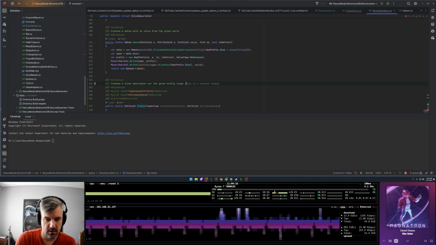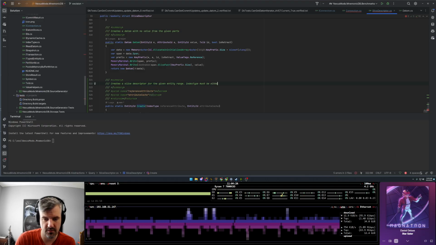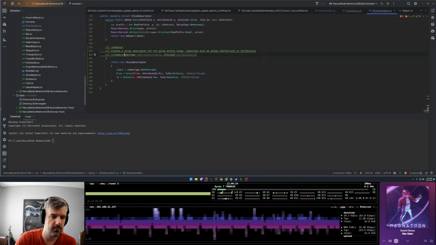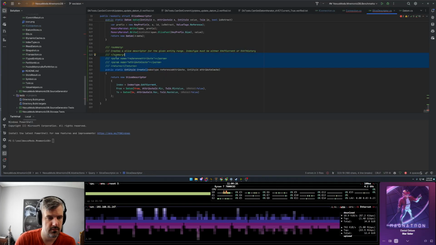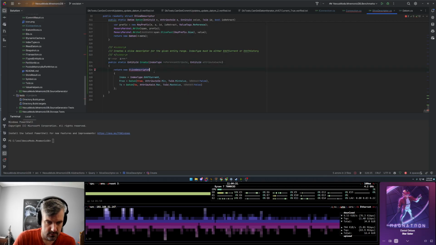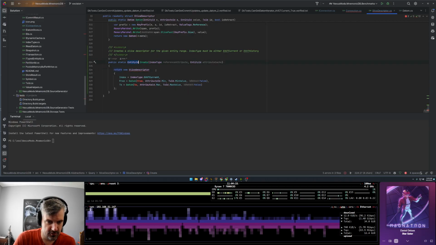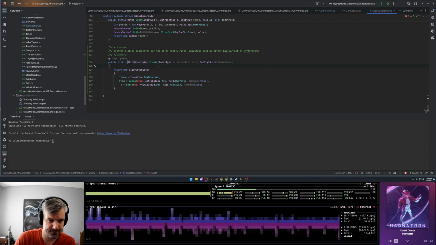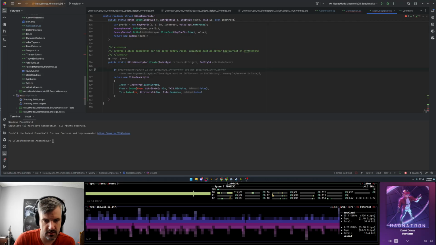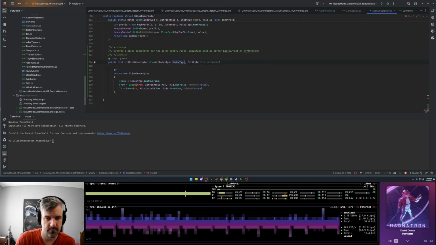Range. Index type must be either EAVT current or history. Yep. Cool. Delete a little too much there. Okay, so we're going to return a new slice descriptor, and index type.